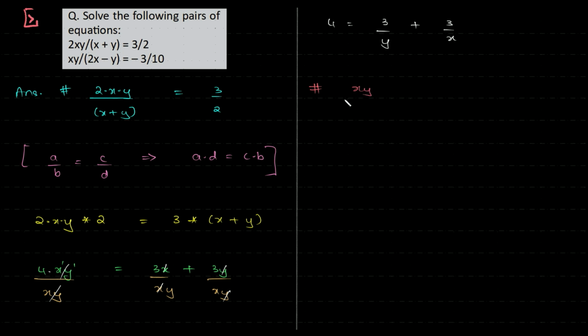So we have xy divided by 2x minus y is equal to minus 3 by 10. Same process, crisscross and all of that. So we have 10xy is equal to minus 3 of 2x minus y. So further simplification involves using the distributive property over here, minus 6x plus 3y. And then on to